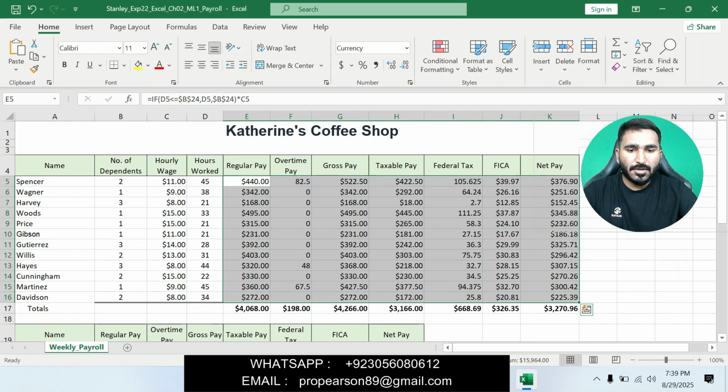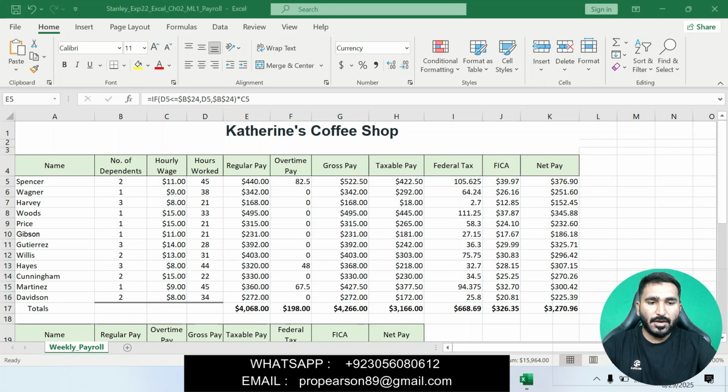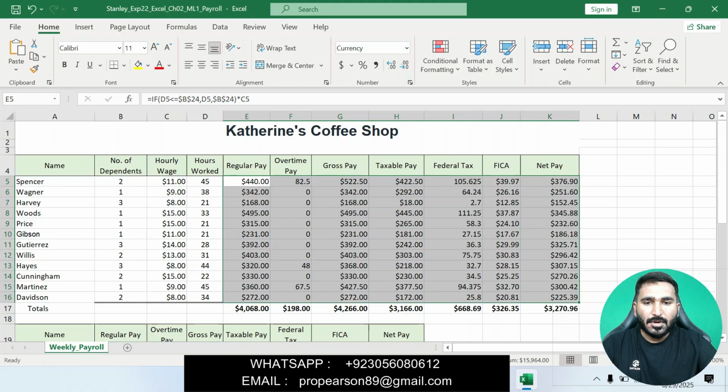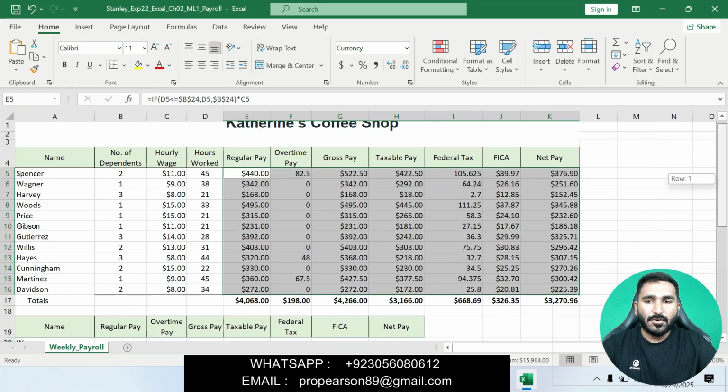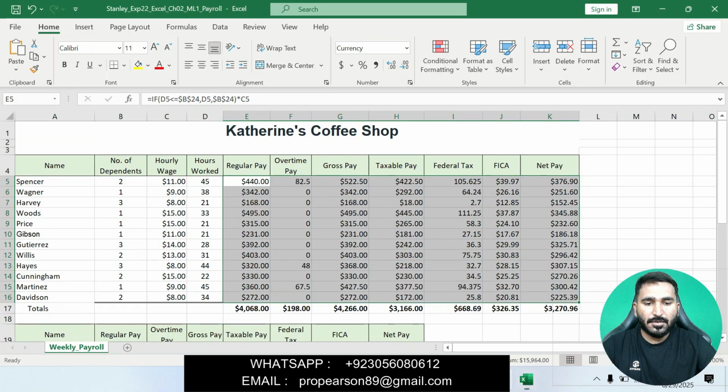We will find the sum. Okay, this is good. Now you can see here I have found the sum of regular pay, overtime pay, gross pay, taxable pay, federal tax, FICA, net pay. Now moving on, next question is question number 7.